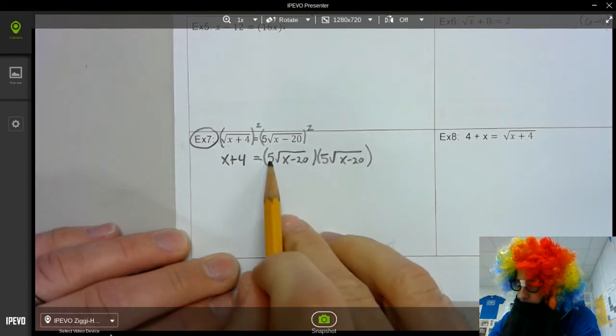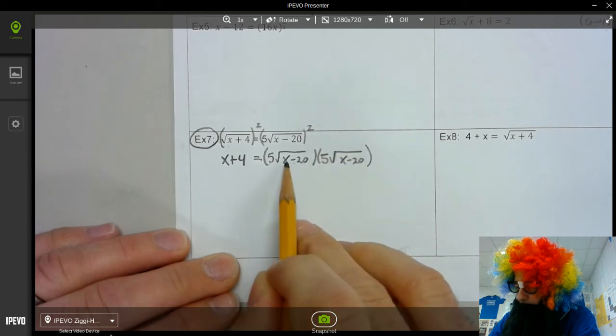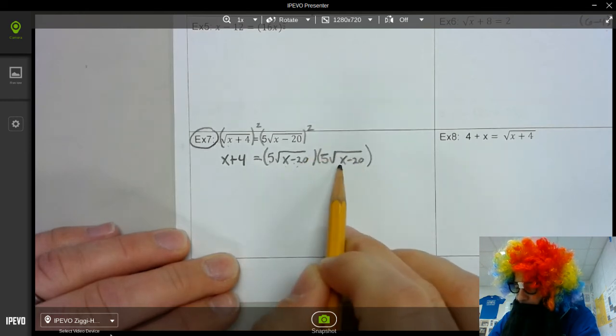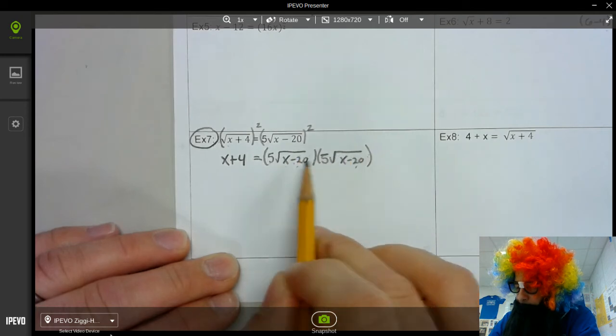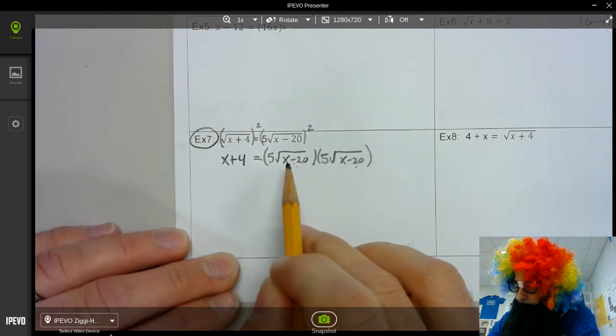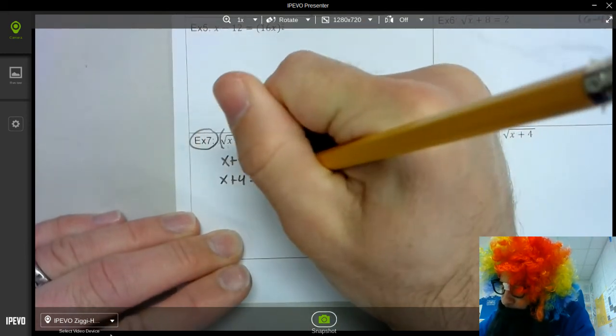Well, that ends up giving you 5 times 5, and this times this, because this is technically x minus 20 to the 1/2, x minus 20 to the 1/2. So when you multiply, you add, so 1/2 plus 1/2 is 1. So you'll end up getting x plus 4 equals 5 times 5 is 25